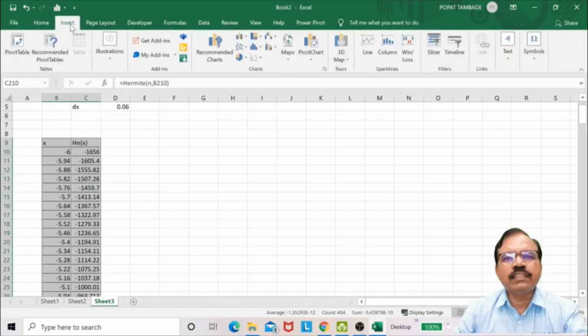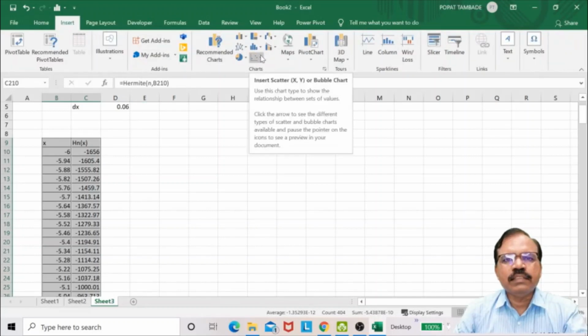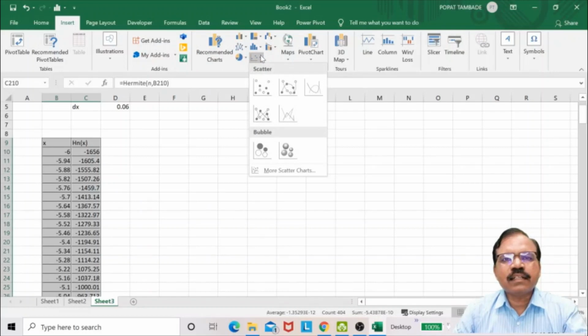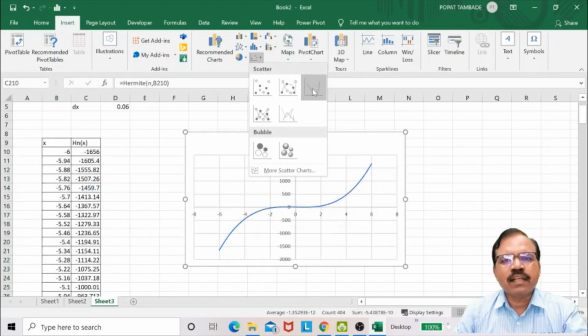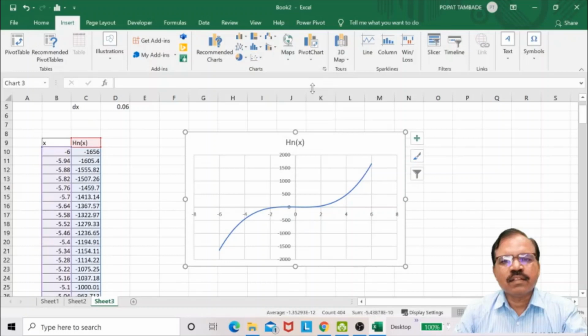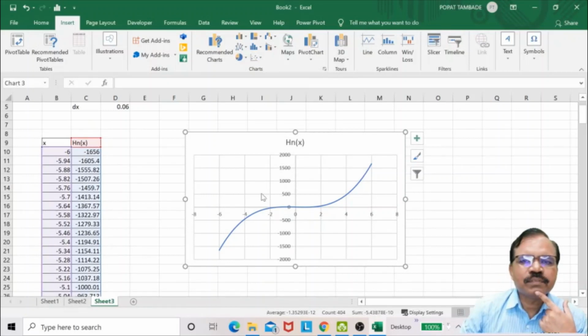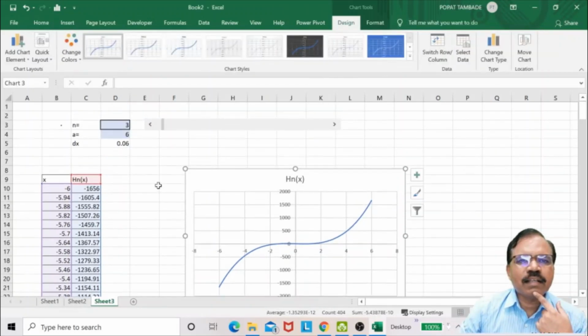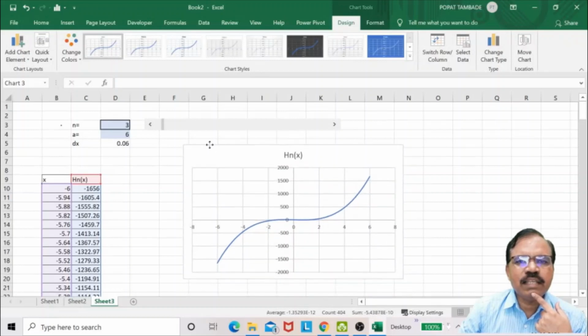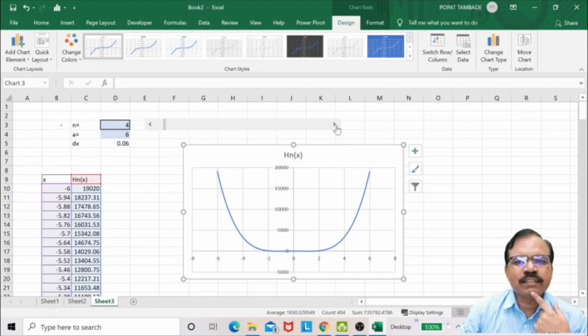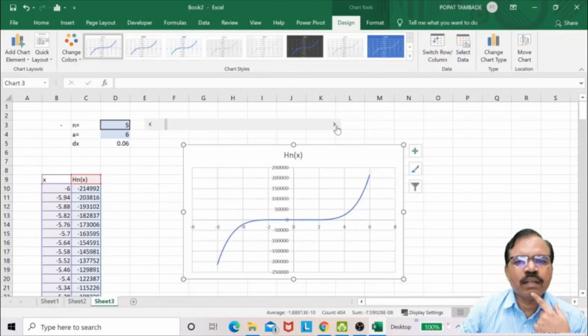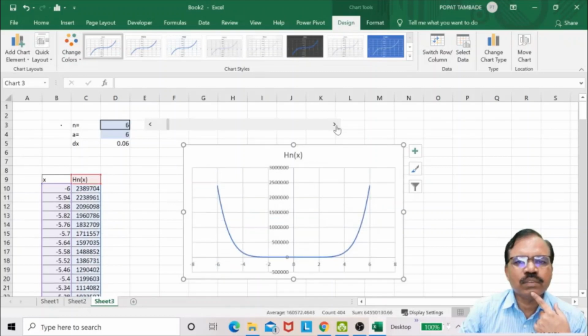And now go to the Insert menu. In Charts, take XY scatter and take this one. So this is now, since n equal to 3, this is H3(x). Now you can take n equal to 4, n equal to 5, n equal to 6, and so on.